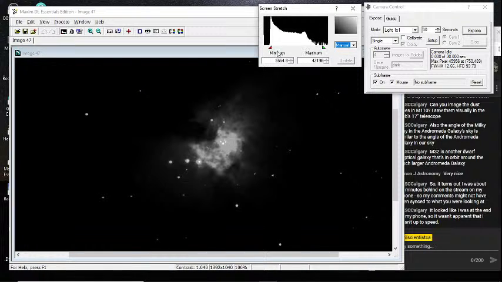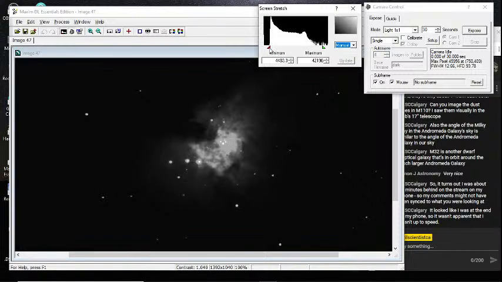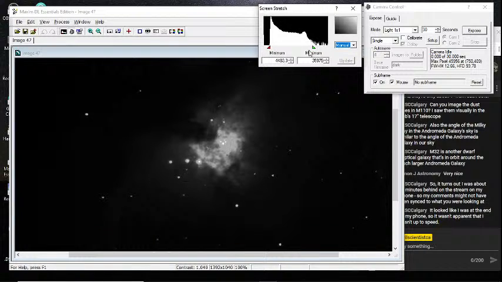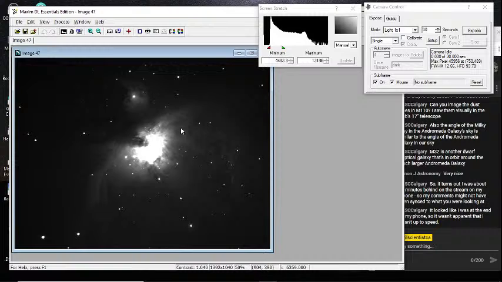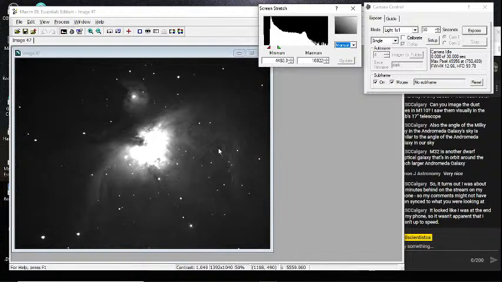And then we can do a little bit of this, and then bring this down like this. Now the center is way overexposed, but now we can see all the detail on the gas coming out way out onto the sides of this. We can see some detail in here, and we can make that even more. I think that's about as good as we're going to get with what we got. But you can see all the knots and various things in the outer, dimmer bits of this wonderfully photogenic nebula.